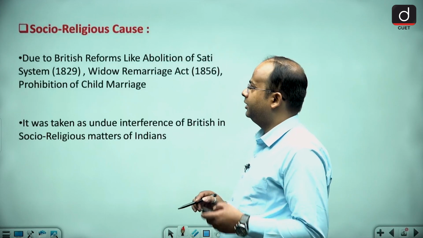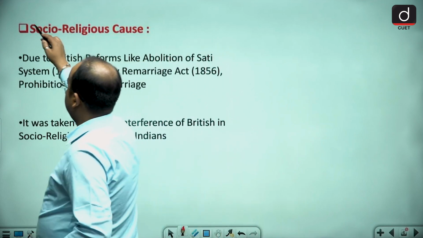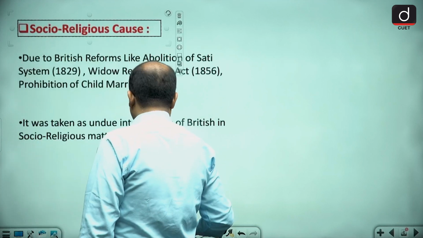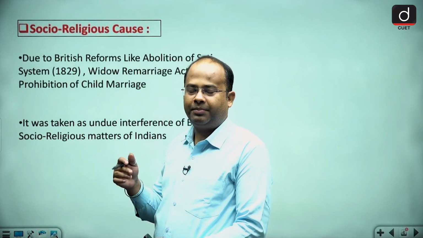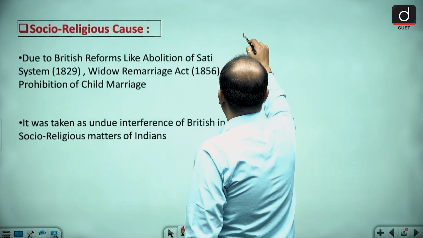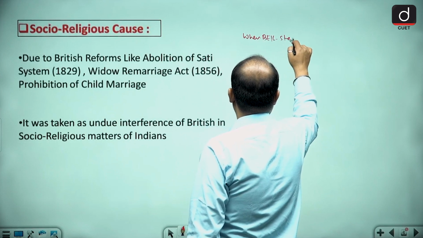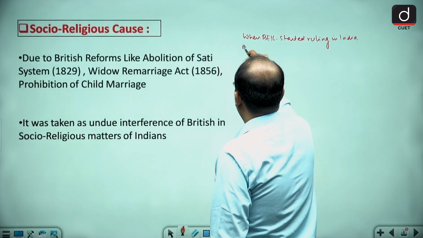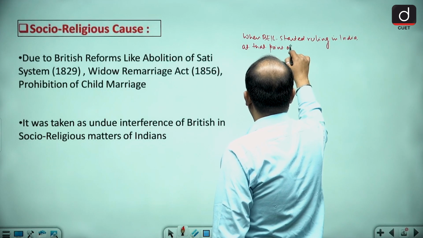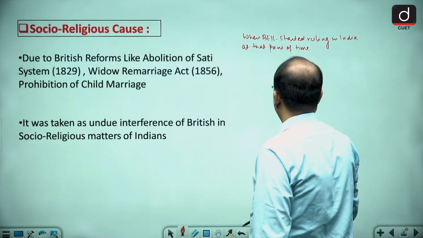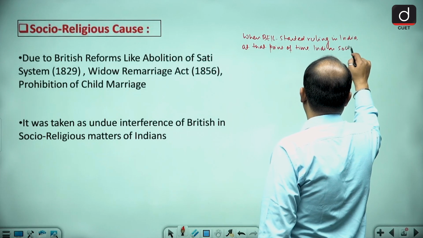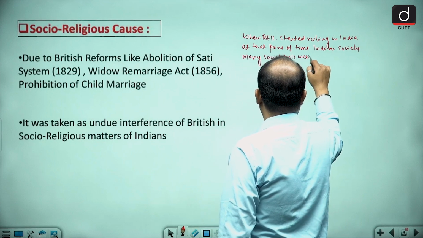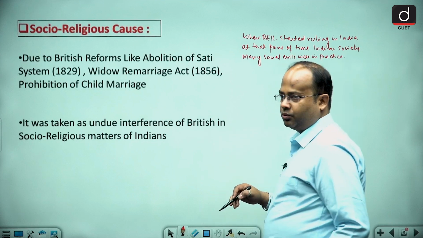Okay. Now let's come to the next thing, that is the socio-religious cause. Guys, what was the reason of the socio-religious cause? First of all, when the British East India Company started ruling India, at that point of time in Indian society many social evils were practiced. Many social evils were in practice, like